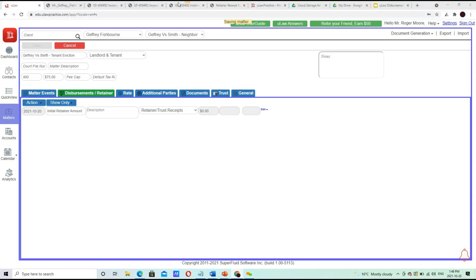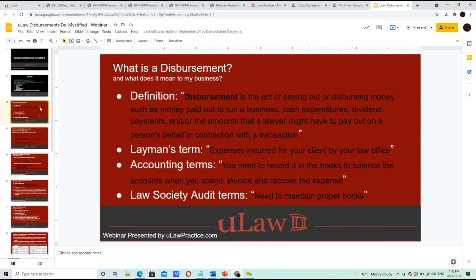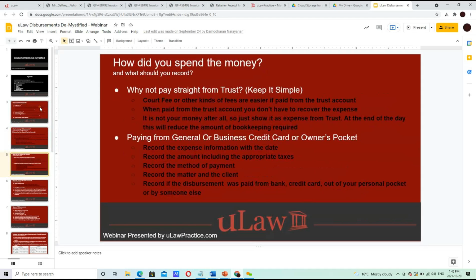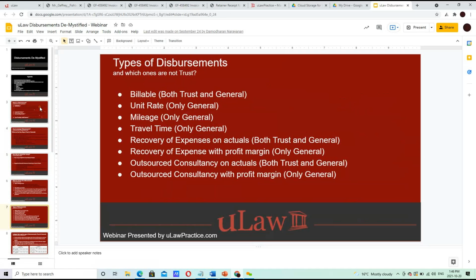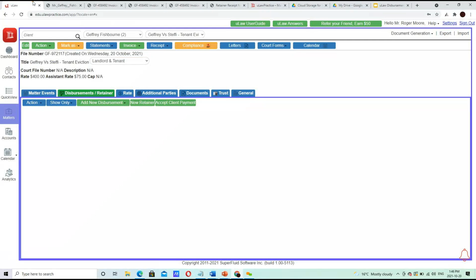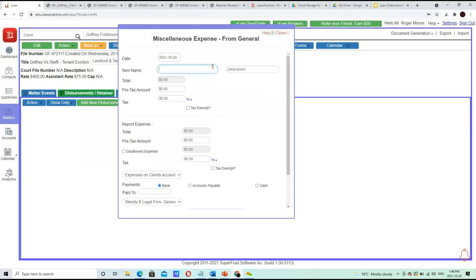Now this is the third variation that we talk about in our Disbursements Demystified. This third option is where you have no trust money involved. You start the matter, you go direct into disbursements, adding a new disbursement, paying it from general, and let's say this is a